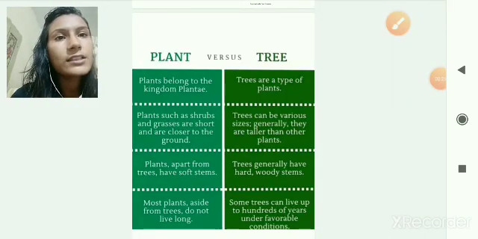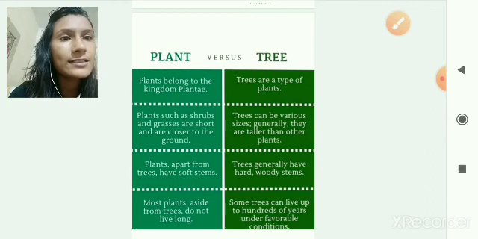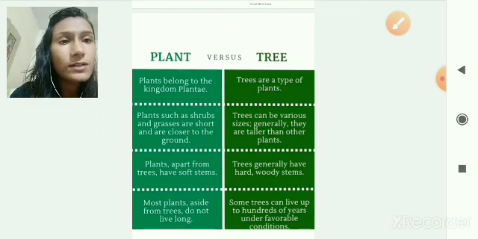Plants belong to the kingdom Plantae. Trees are one type of plant. Plants such as shrubs and grasses are short and are closer to the ground, while trees can be various sizes. Generally, they are taller than other plants. Plants apart from trees have soft stems. Trees generally have hard woody stems. Most plants aside from trees do not live long, but some trees can live up to hundreds of years under